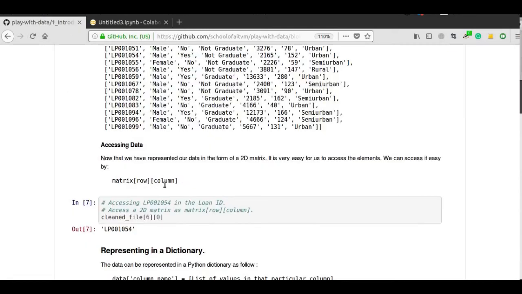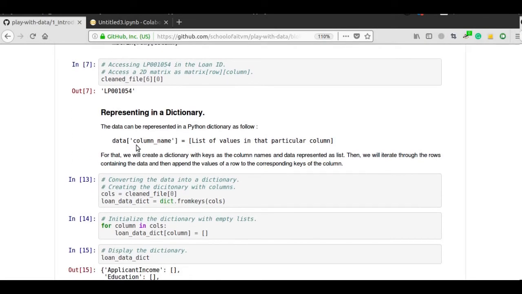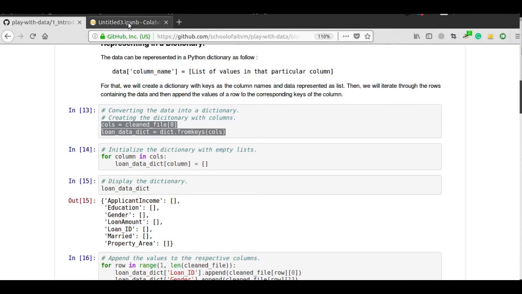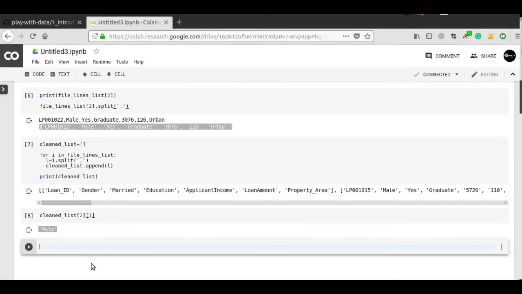Now we will be representing the data values as a dictionary. Dictionary is a key value pair. This is the dictionary name and this is the key, and it is the value of that column. Okay, so first we have to load all the column names to a dictionary. So columns is equal to the column names, cleaned list of 0. Now if we print it,